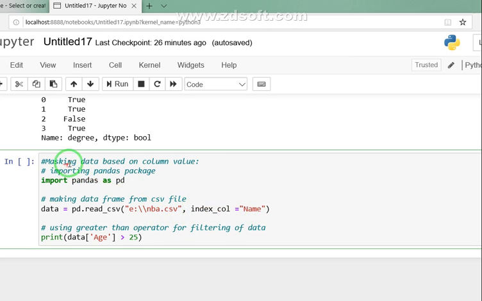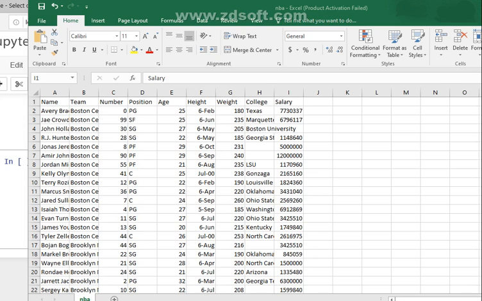My task is masking the data based on the column value. Which column value am I going to use? I am going to use age. What condition am I going to apply on the age column? In the file you can see the age attribute, the age of the players: 25, 25, 27, 22, 29 and so on.